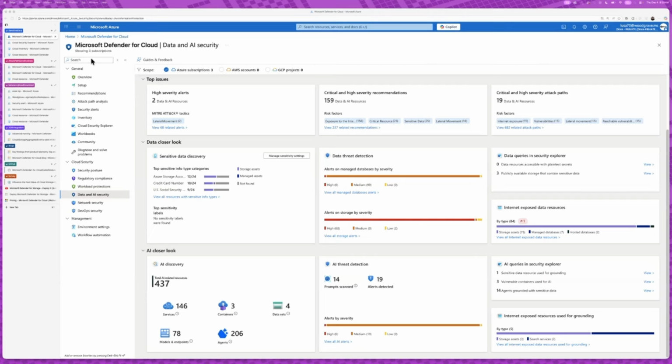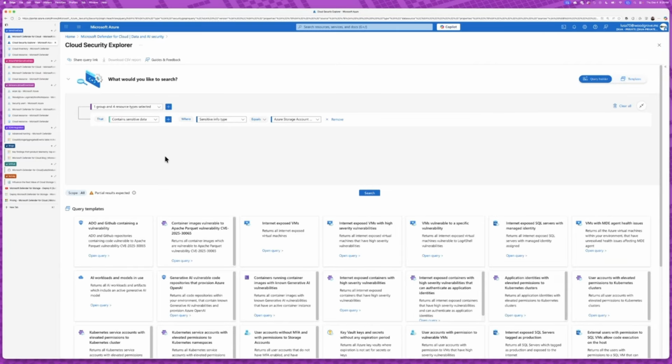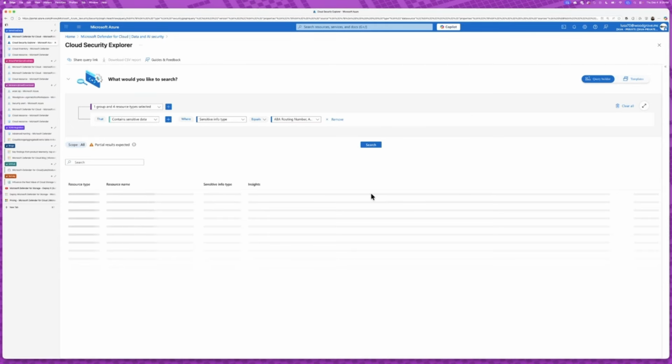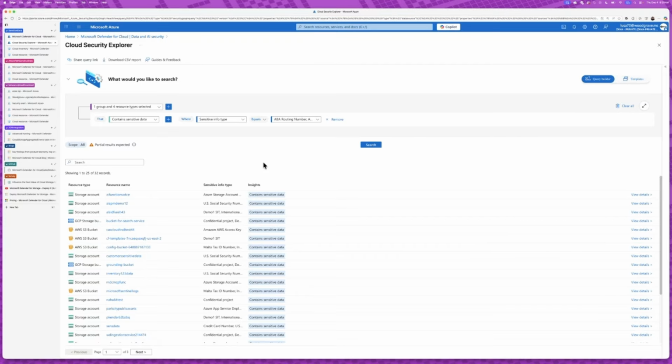Another way is that as soon as you click here in view all resources with sensitive information types, it is going to bring you into Cloud Security Explorer. Again, these are features that are available for Defender CSPM. And so as soon as you click on that button and you see this auto-populated, you can click on search and it's going to show all of your storage accounts, but also your S3 buckets, your GCP storage buckets that